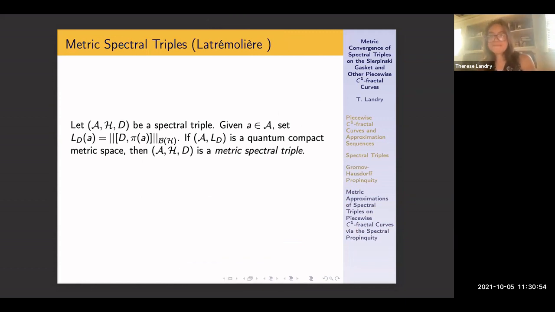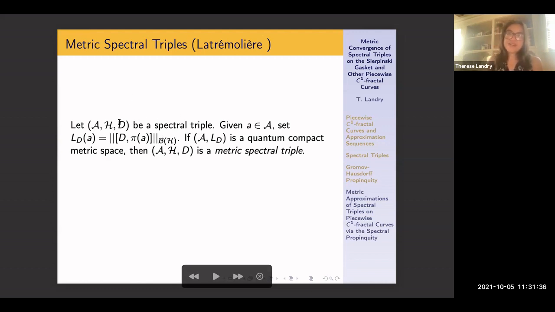Okay, so the spectral propinquity metric is actually an extension of this complete metric on the space of quantum compact metric spaces. And it's extended to spectral triples in the following way. It's defined on particular spectral triples, those that induce quantum compact metric space structure in a very natural way. So we have the spectral triple, we have the C-star algebra, we have the Hilbert space, and we have the Dirac operator. This is the canonical way to construct a semi-norm from the Dirac operator: